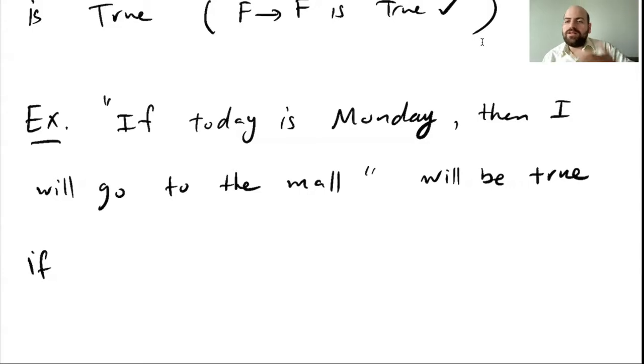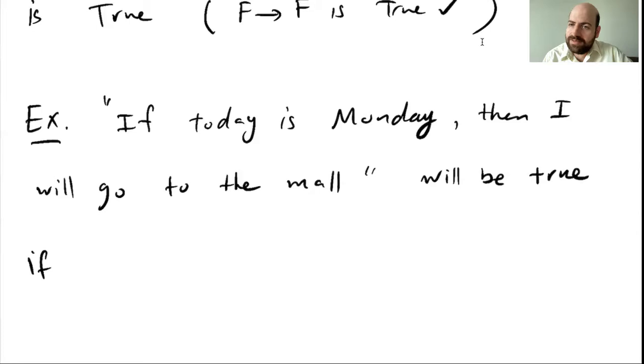It's called a conditional statement because there is a condition or assumption or hypothesis P and a conclusion Q. Okay, now whenever we have a conditional statement, we can talk about a few things such as converse